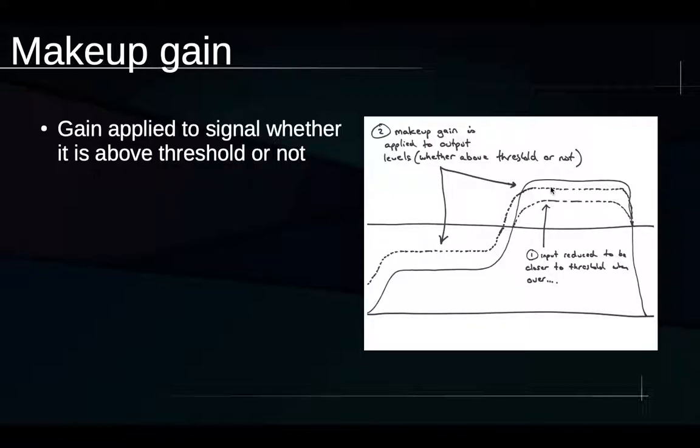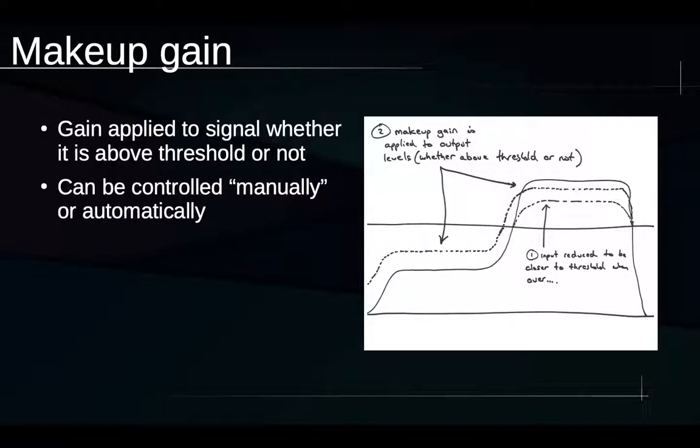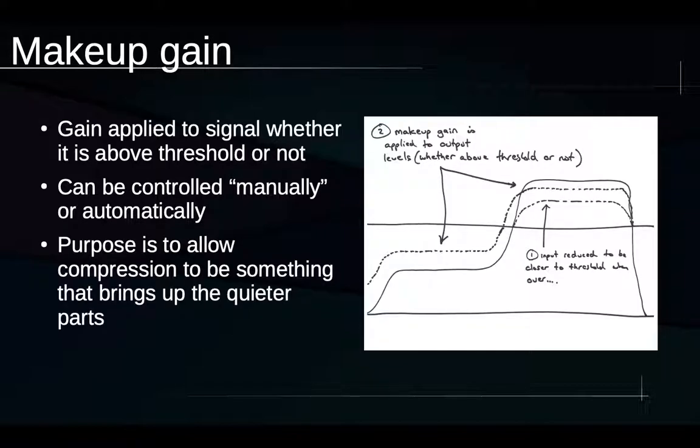So makeup gain, again, is gain that is applied to the signal, whether it's above the threshold or not, and it's a very, very common part of using compression. Because it's such a useful thing, compressors will typically give you the option of applying makeup gain automatically, and we'll see that in a second when we look at a compressor plugin in Reaper. And again, the purpose of all this is to allow compression, which is basically something that pushes something down, which compresses it, to allow it to be something that ultimately brings up the quieter parts or makes them closer